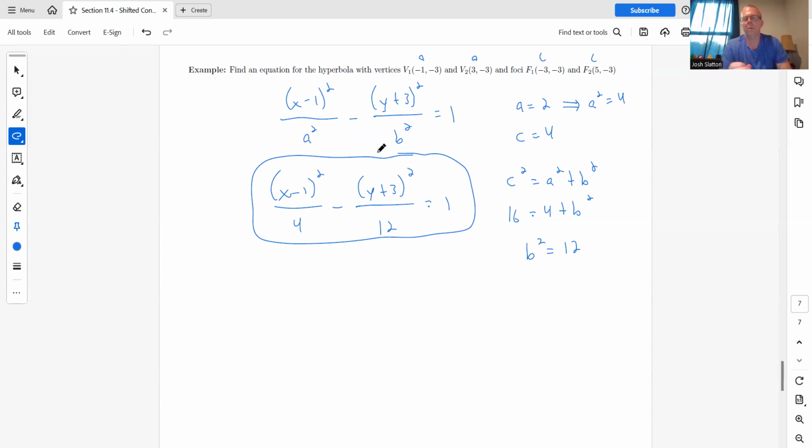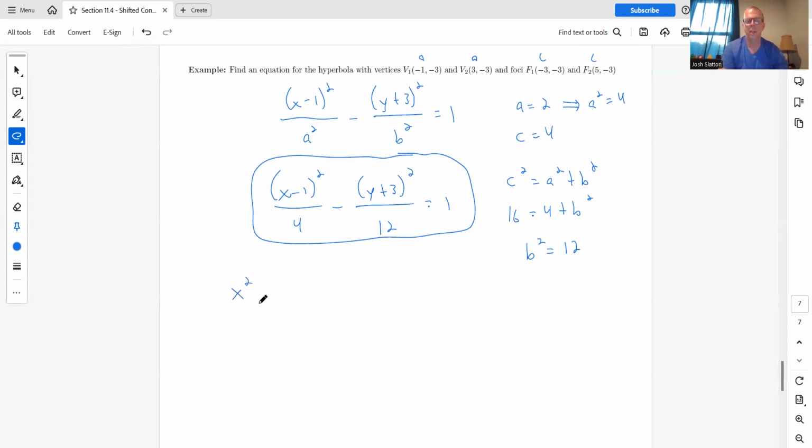All right, so again, with all three of these different types, if you're comfortable with what we did in the previous sections, then these should not be too difficult. The more comfortable you are coming into this, the easier this one will be. The other thing we've talked about is make sure you can recognize